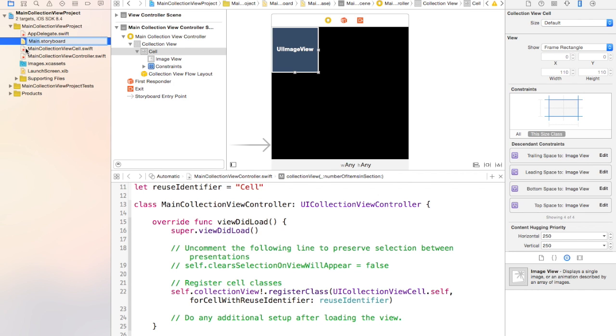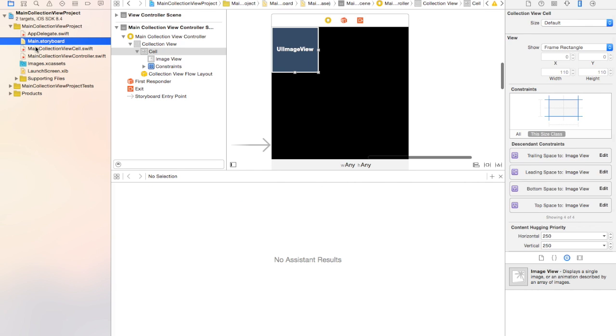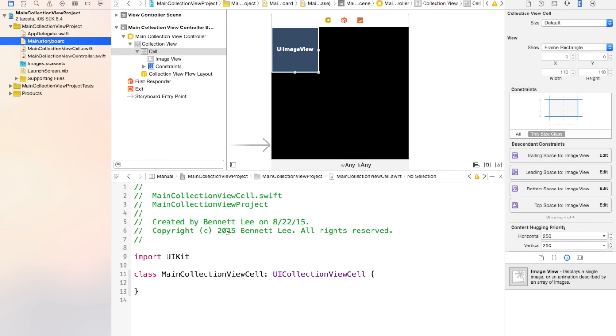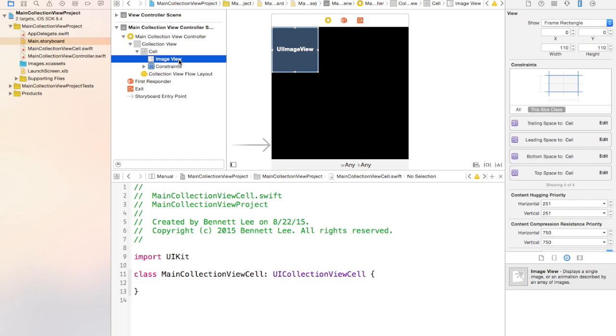So I'm going to drag the main collection view cell into this toolbar, and bam, the storyboard's up top, the main collection view cell class is in the bottom. So what I want to do next is drag this as an IBOutlet into the main collection view cell class. So I'm going to hit Control